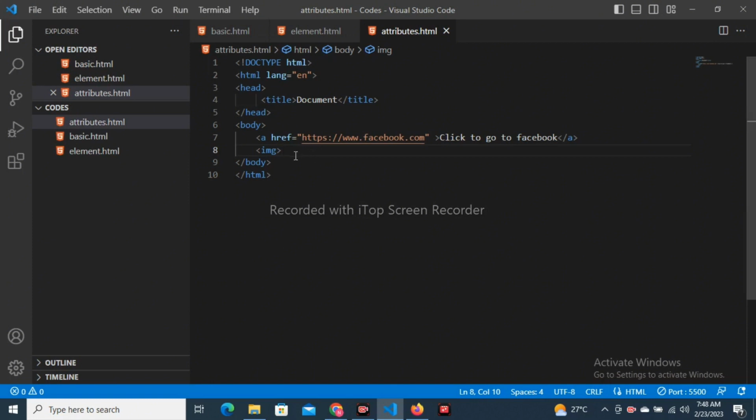It doesn't have a closing tag, but regardless, you can still have an attribute inside it, because like I said before, attributes live inside the opening tag of every element. This is the opening tag. It doesn't have closing. So we can put